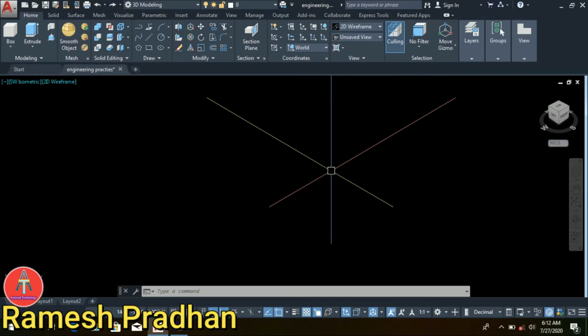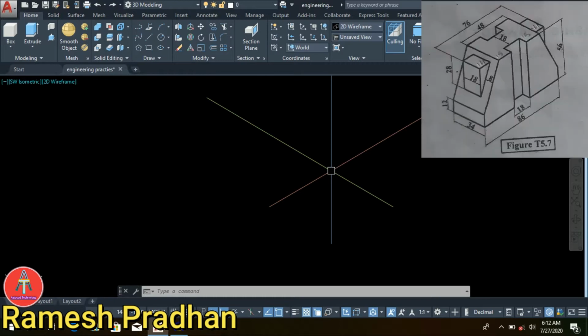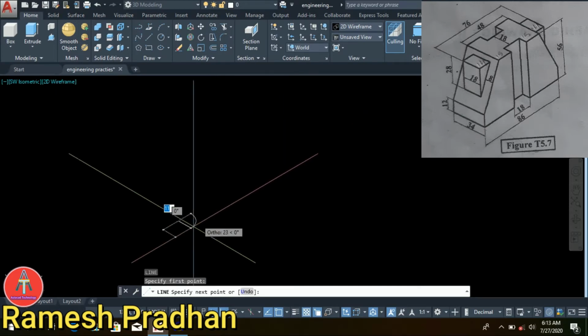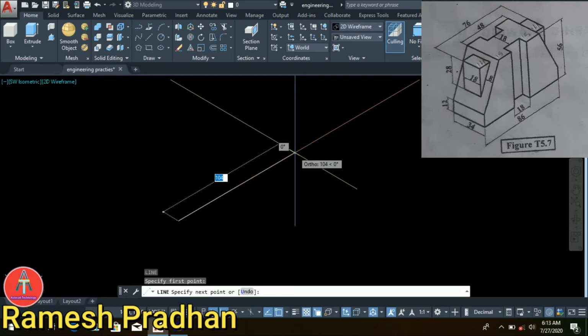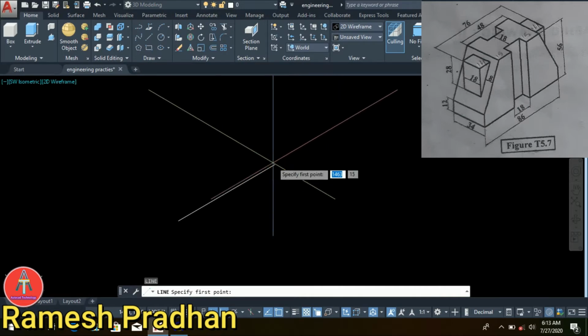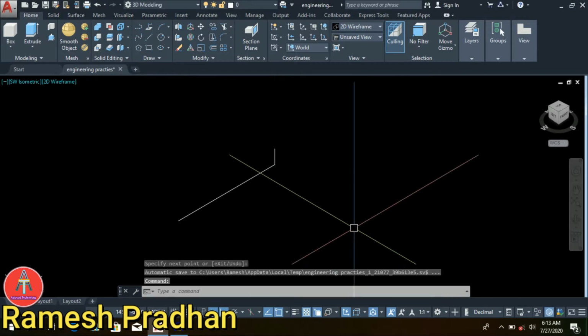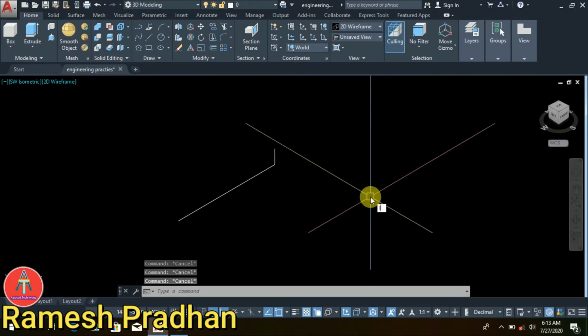So, let's get started. First of all, you take a line command. Okay. Then specify one point. Then for the side length put 86 mm. Then enter. So follow my steps. 12 for height. Enter. Enter. Again enter. L